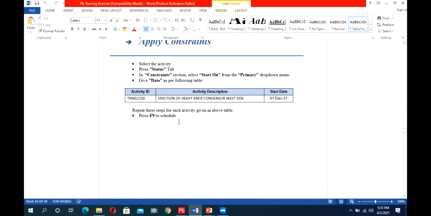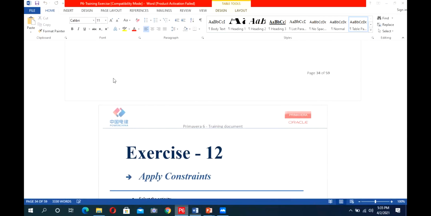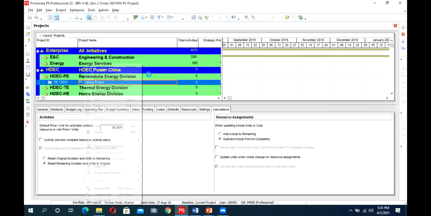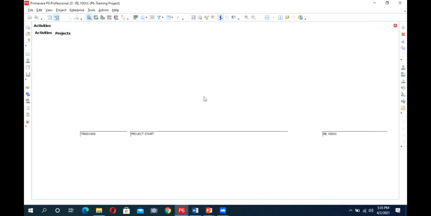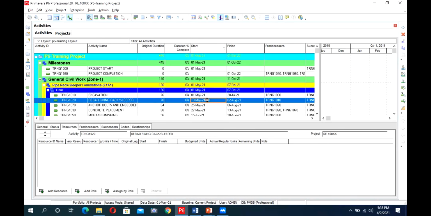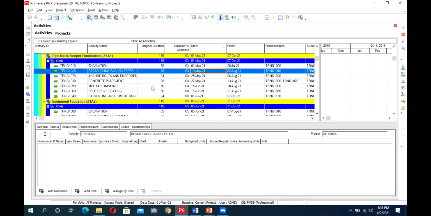So what happened with that? Our P6 activity durations got adjusted as per their relationships. So every activity got its start and finish date as per the relationship which we assigned to it.